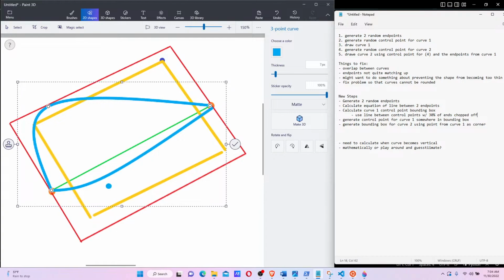Okay. Now, use the line between control points with 30% of the ends chopped off. And then